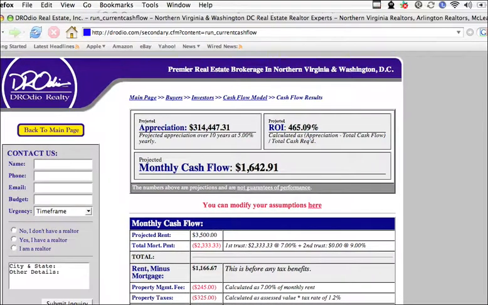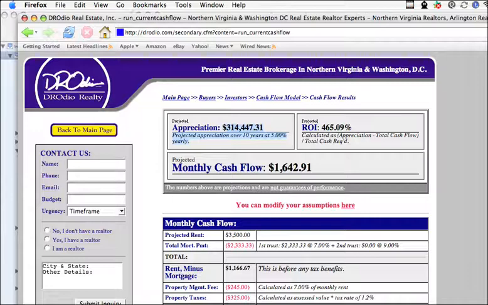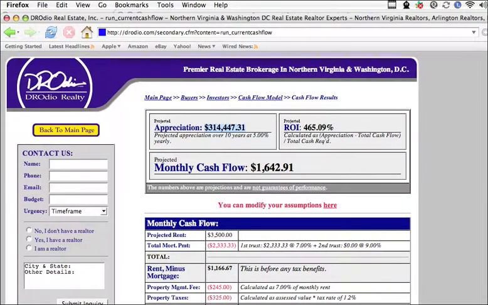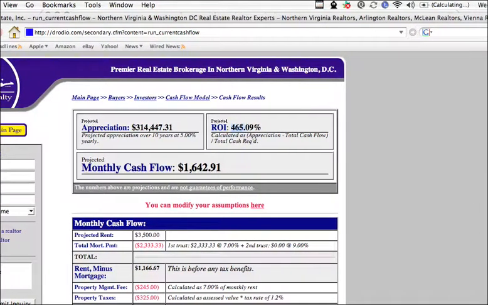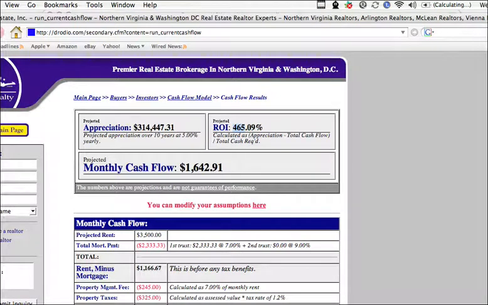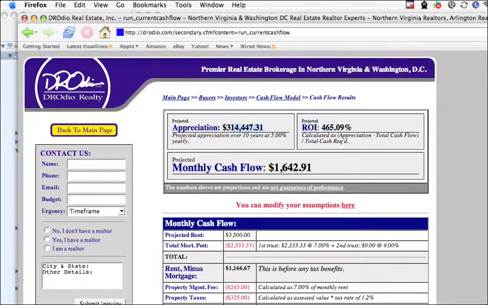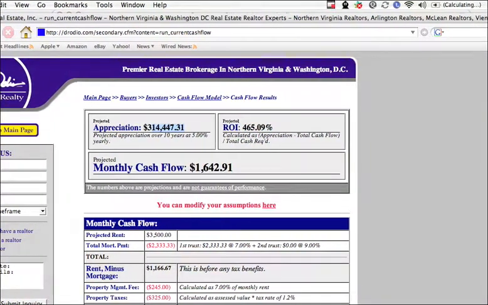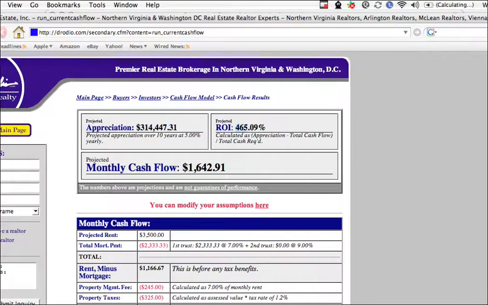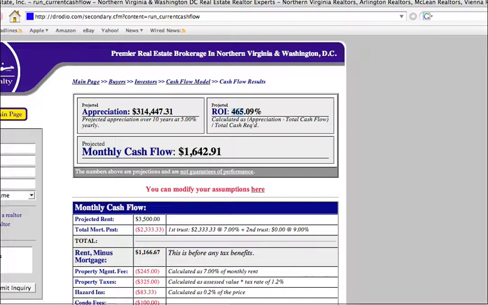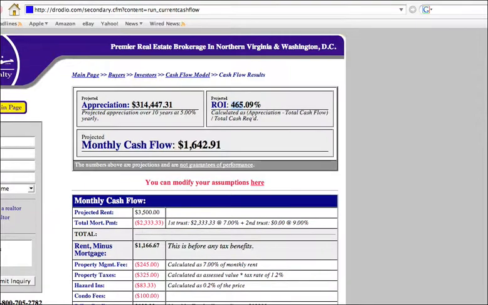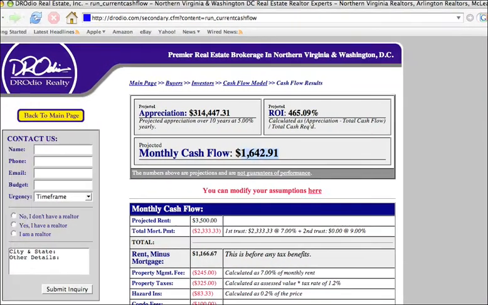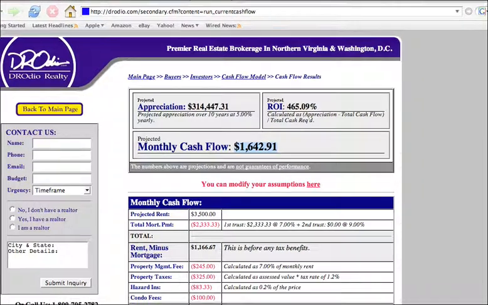A projected appreciation over 10 years at 5% annually, so your $500,000 property is going to appreciate another $314,000. Your ROI, return on investment, is going to be 465%, mostly because it's leveraged money. You're not using all that much of your own money in order to realize this appreciation. If you were to put more down instead of 20%, if you were to put 50% down, this ROI would be lower because you're using more of your own money to get the return. As it is, you're using borrowed money, which means that you're using less of your own money, so the ROI is higher. So your monthly cash flow is $1,600 in this example,